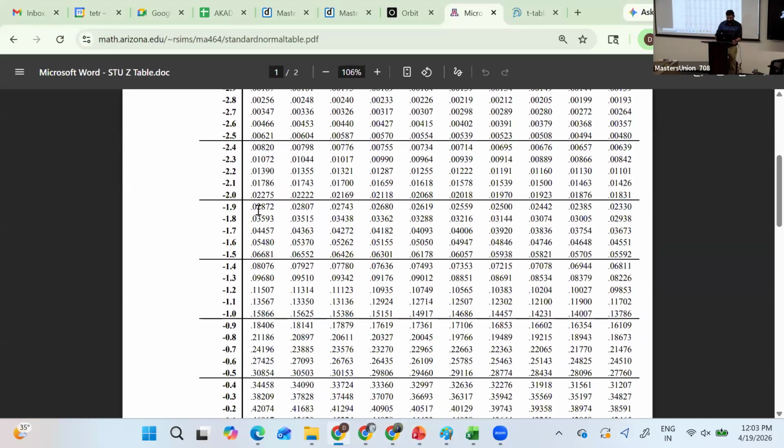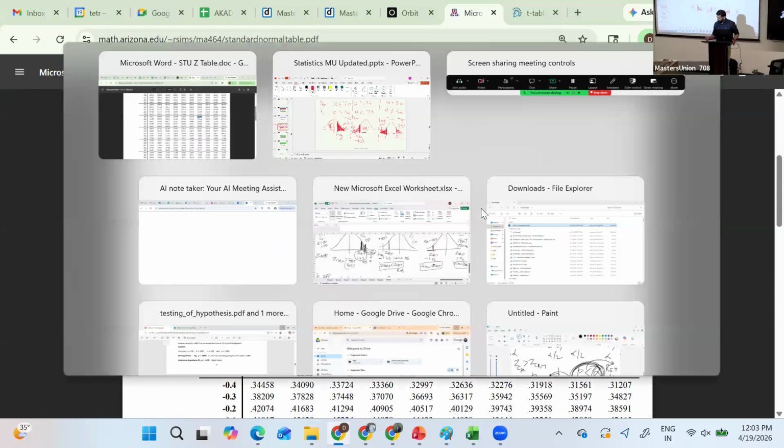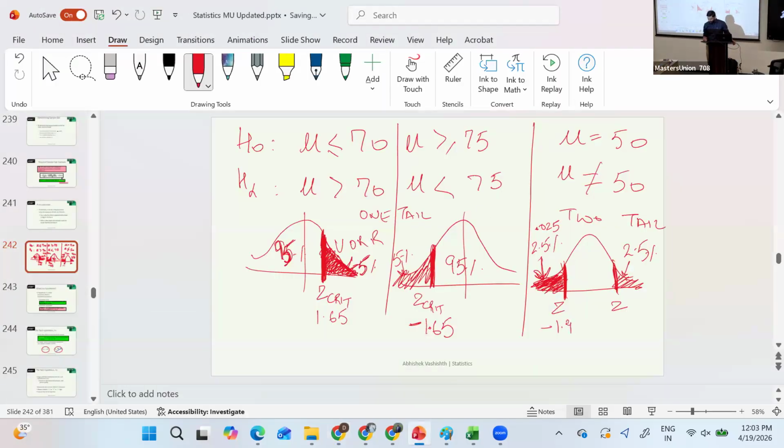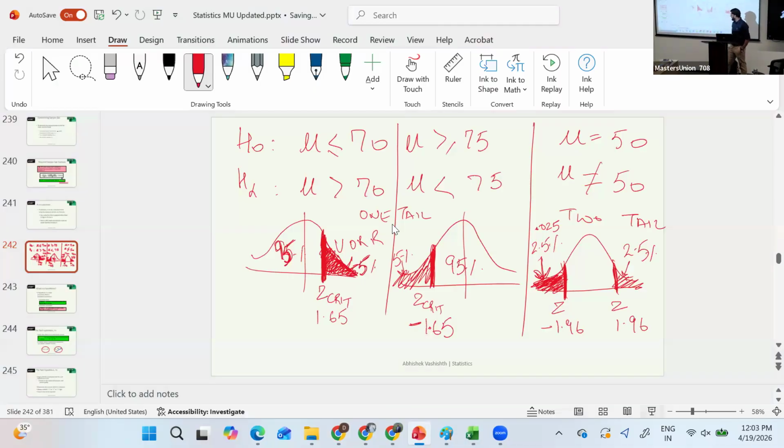Negative 1.96. 0, 1, 2, 3, 4, 5, 6. 0.05. 0.025. Right? So this will be negative 1.96 and this will be positive 1.96. I found out the Z critical values. Now, what are these Z critical values? These Z critical values are telling me